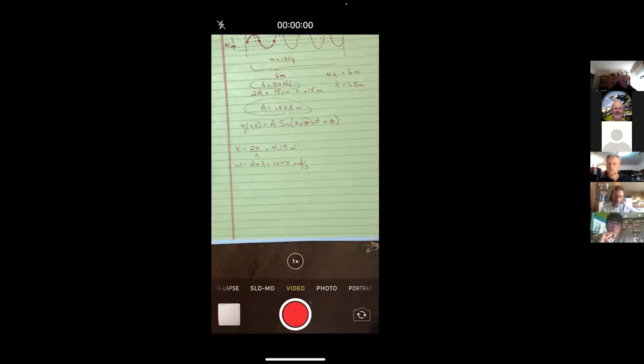It's too bad our trig functions don't repeat every one. Then we wouldn't need all these angular wave numbers and angular frequencies. They would all be the same, our physics and our math. But it's not the way the world works. Okay, so